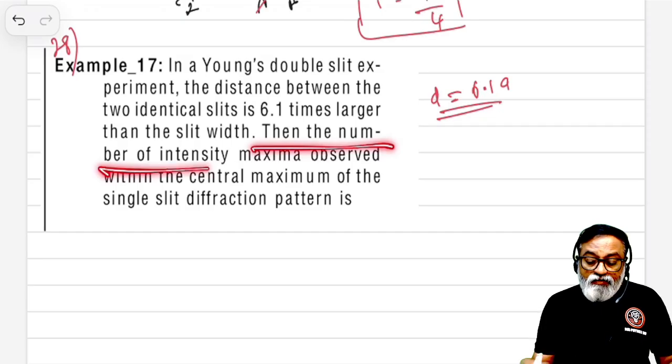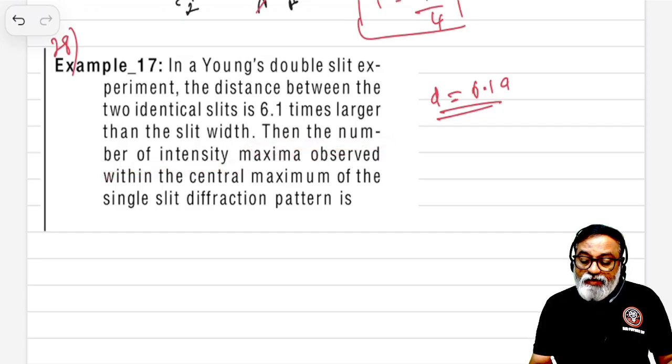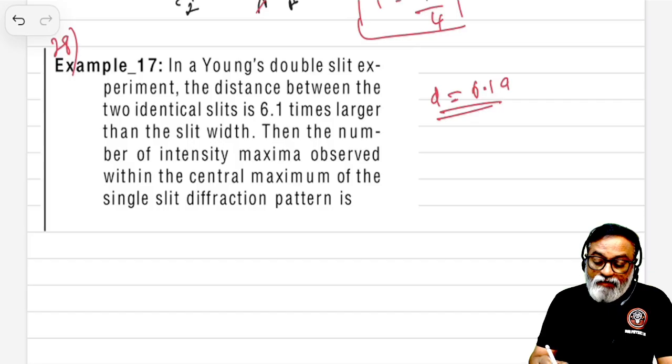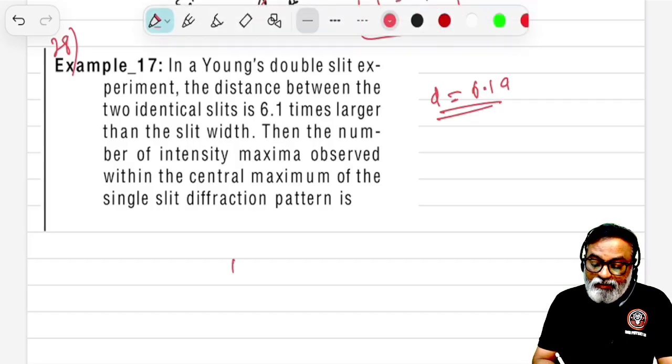Then find the number of intensity maxima observed within the central maximum of the single slit diffraction pattern. Therefore, the number of intensity maxima, that is n, is equal to